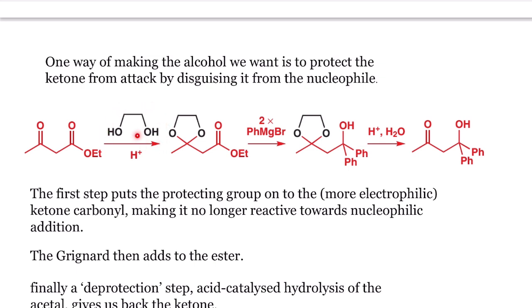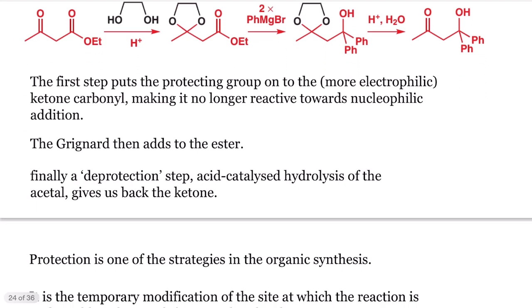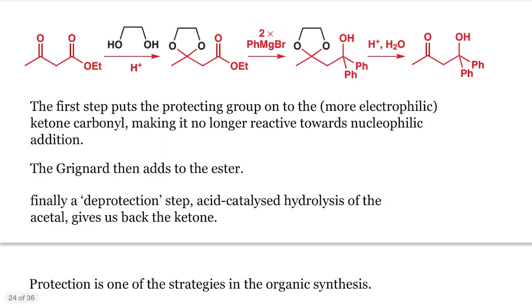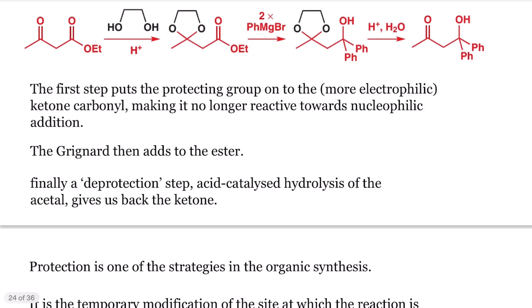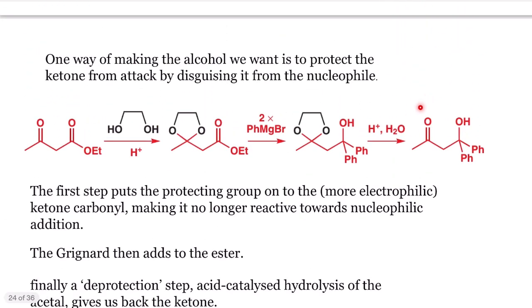So ethylene glycol over here, so we get an acetal over here, and on reaction with the Grignard's reagent we get an alcohol, and in the last step the acetal is deprotected and we get back the ketone. So the first step puts the protecting group onto the electrophilic ketone and then we react it with the Grignard's reagent, and finally the deprotection to get back the